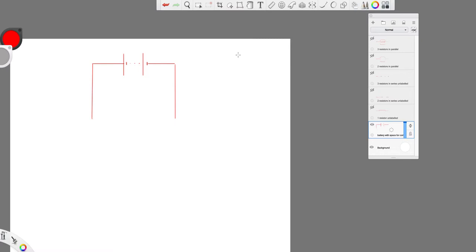So let's look at series and parallel circuits then. And the first thing for us to look at is the basics of circuits. So let's start by considering the basic variables. So we have